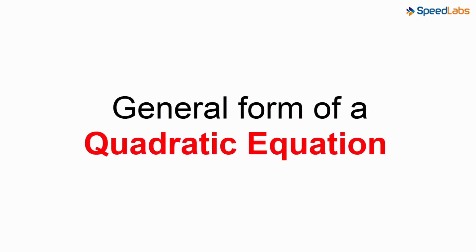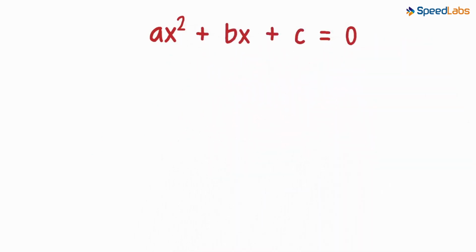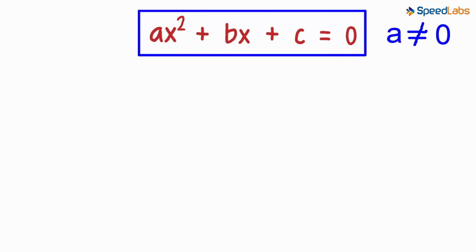Do you remember the general form of the quadratic equation? It's ax squared plus bx plus c equals 0. And the coefficient of x squared, which is a, cannot be 0. What we're looking for is a general formula which gives us the value of x in terms of a, b